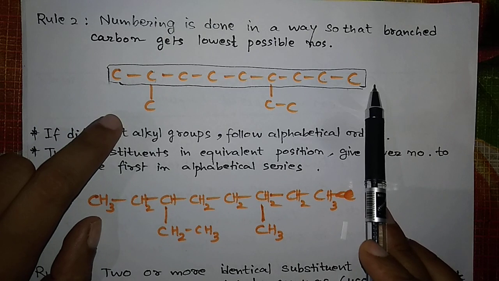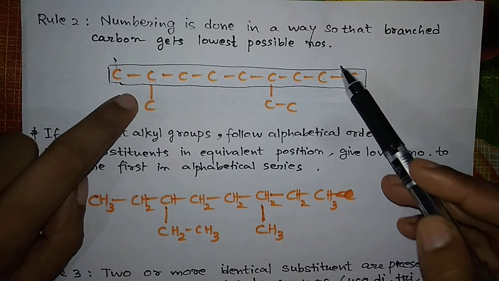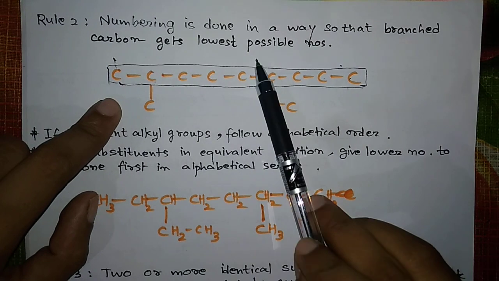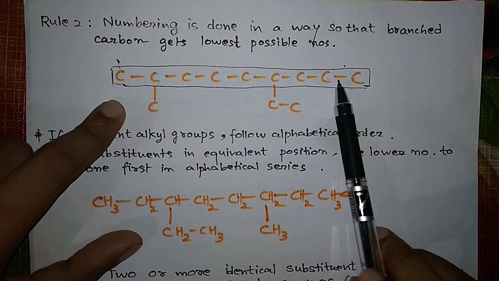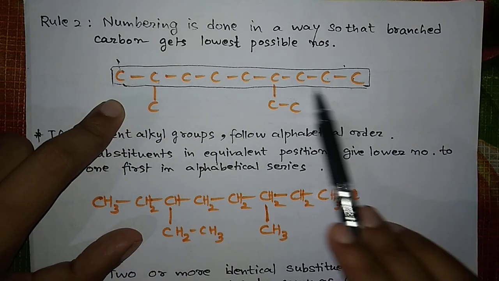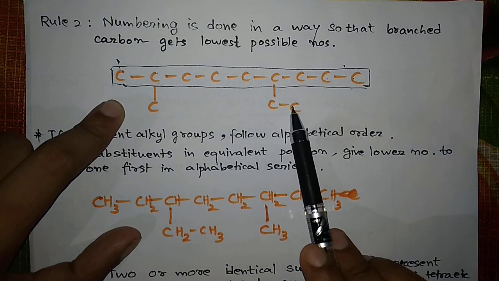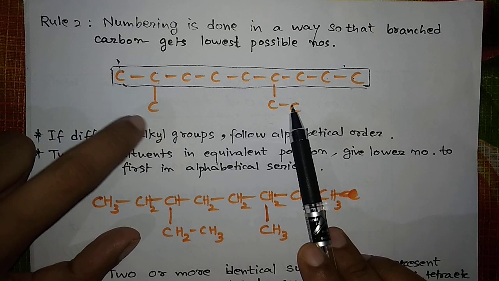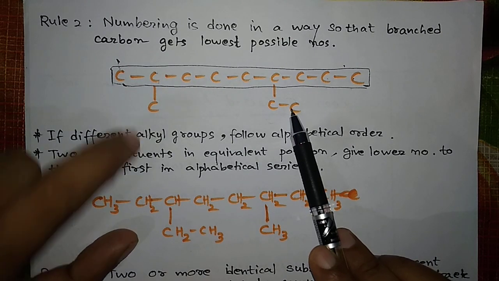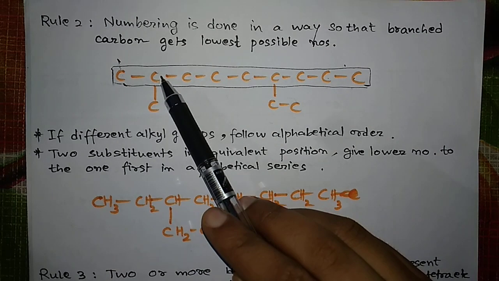Now the question arises: should we do the numbering from left to right, or should we do the numbering from right to left? Two possibilities: either you can number from this side or from this side, both sides. ये रूल ये बताता है कि नंबरिंग ऐसा करना पड़ेगा कि जो substituent है, the branches, whatever carbon atoms or functional groups you get except the parent chain, they will be known as the substituent, they will be known as the branches. पेरेंट चेन के अलावा जो भी कार्बन एटम या ग्रुप बच जाता है, उसको हम लोग सब्स्टिट्यूएंट या ब्रांच बोलते हैं। So I will use this word substituent. नंबरिंग कैसे करना होगा ये डिपेंड करेगा तुम्हारे सब्स्टिट्यूएंट के ऊपर।